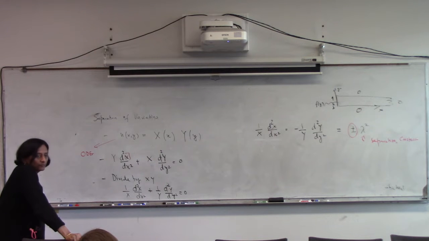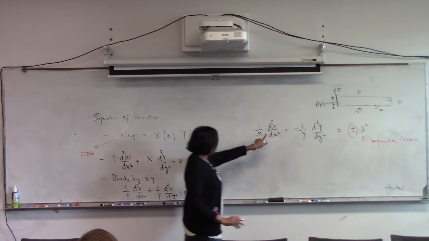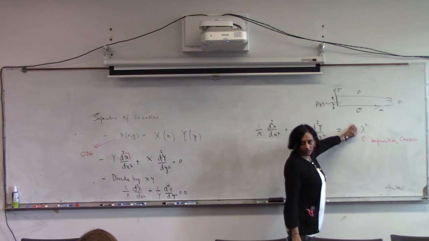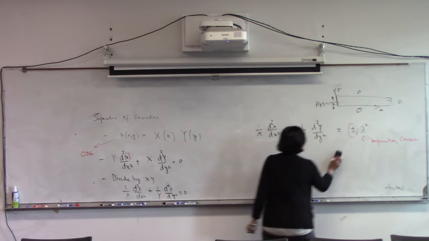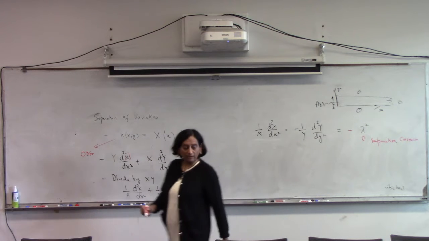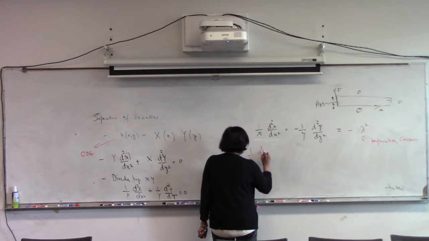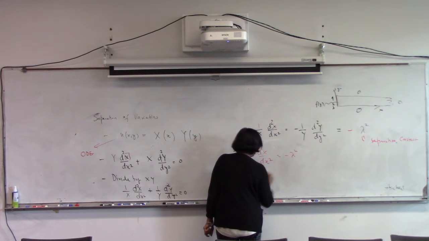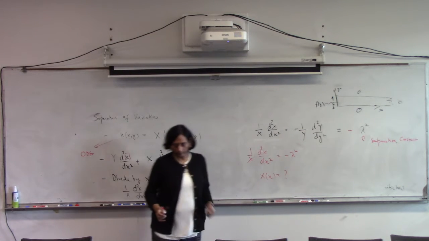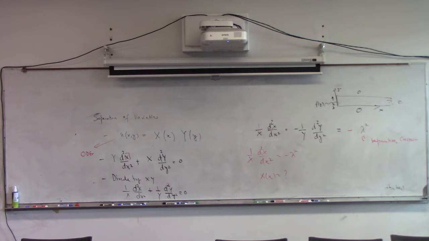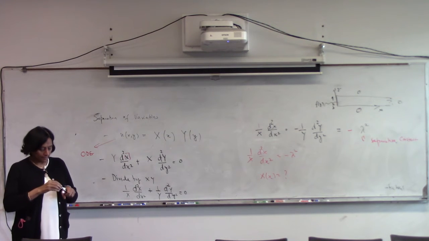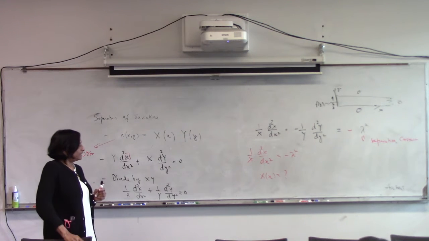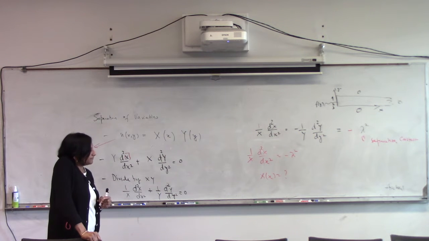If we chose negative lambda squared, what happens to 1 over X d squared X? If I chose it as negative lambda squared, what is X as a function of x? Supposing you do not know what to do, but let's say I chose this first. What does it say about X as a function of x? Sine, cosine, or e to the i lambda x. Is this a possible solution? No,